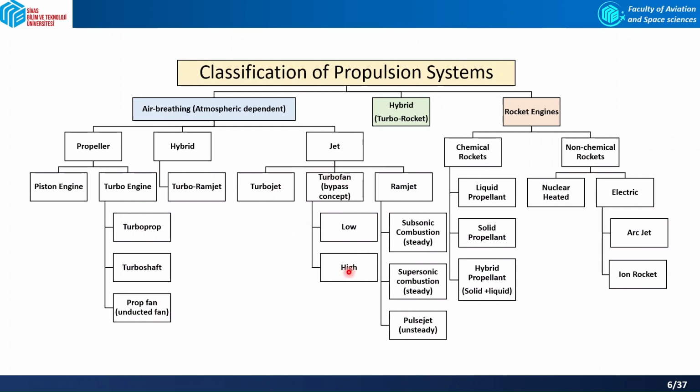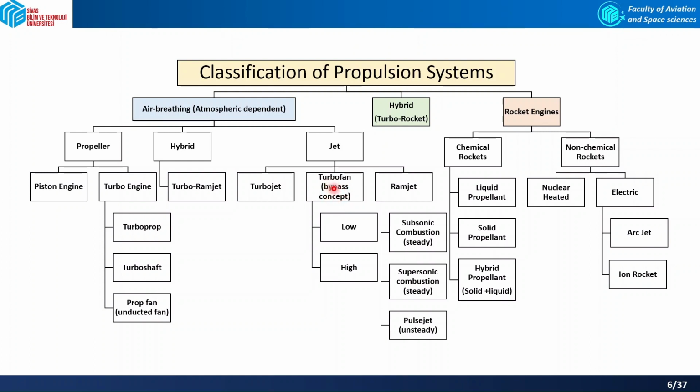The turbofans are actually the turbojets that another fan is connected to, and we call it a bypass concept. So we use some amount of air and redirect it through the fan. It wouldn't go inside the engine to be burnt with the fuel,